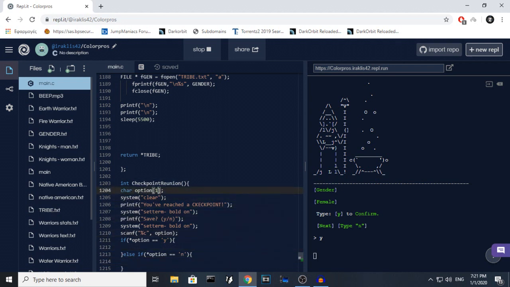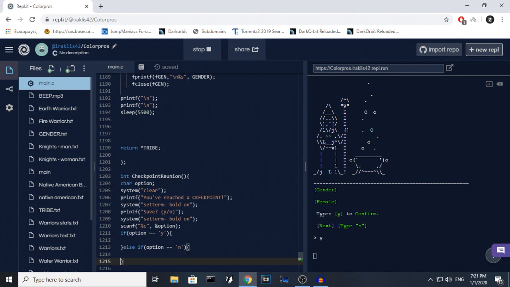No, we don't need that actually. We just need one letter, not a string. So else if n, no. Let me put it right like that for a second. So if he types yes,